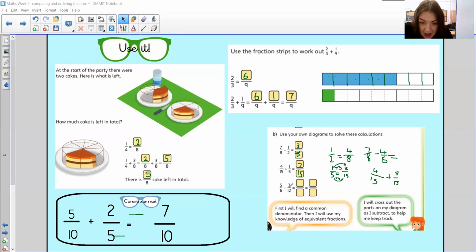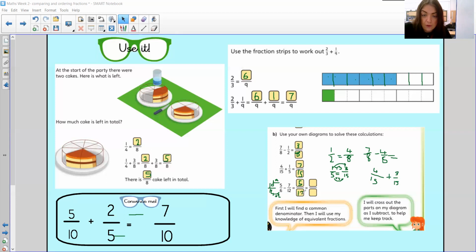So this one here, again, I can't divide by 2 because my top number is odd. So I'm going to make my 6s, my 6 into 12s. So what has happened there? I've got twice as many parts. So I'm going to times that by 2. So whatever you do to the bottom, you do to the top, which is going to give me 10 12, because I've done 5 times by 2. So 10 twelfths, take away 7, so 12, 11, 10, 9, 8, 7, 6, 5. So I've taken 7 away, it's left me with 5